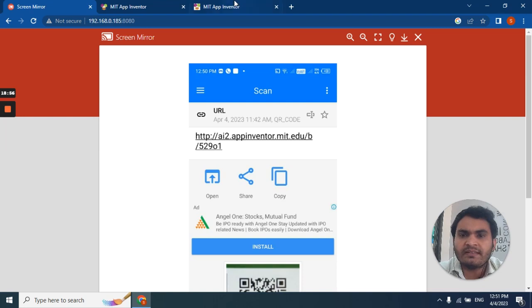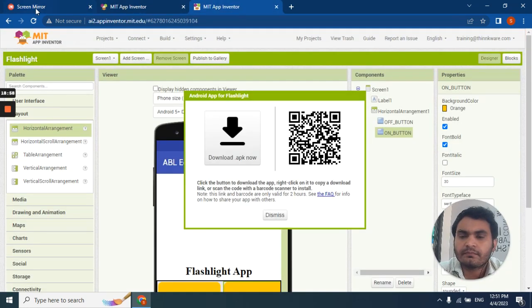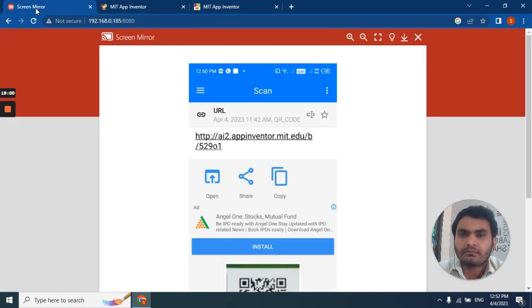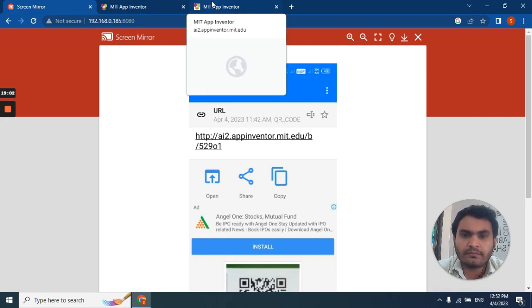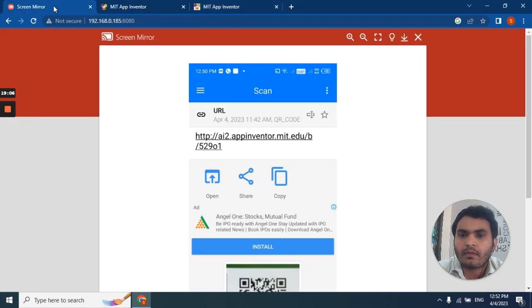And then we need to scan that using the app.